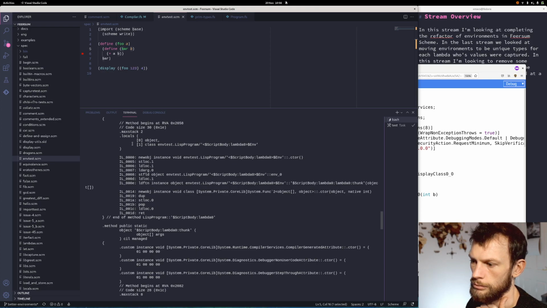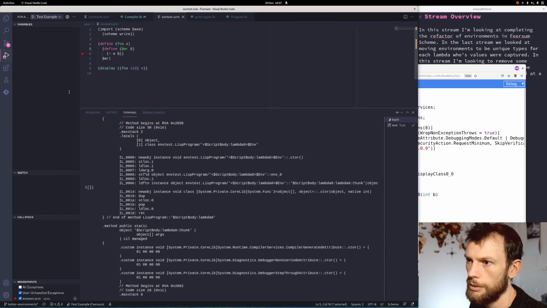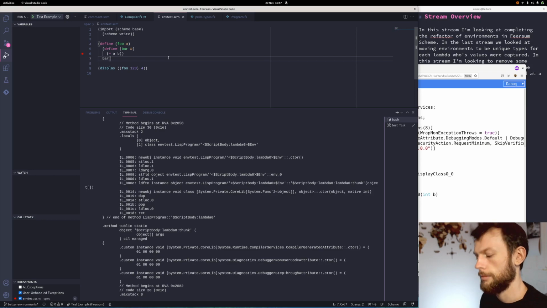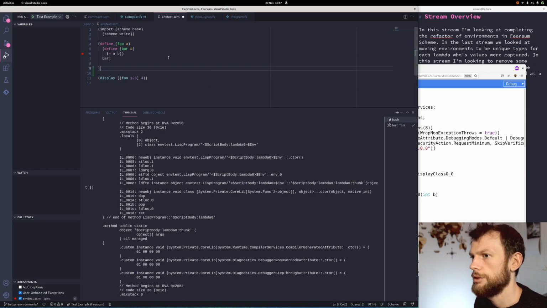Let's try at the REPL. And no, I need to change the debug type. Let's try and prove that we can create links, and just have it work. Oh, let's do it here. So if we do that, then we can do